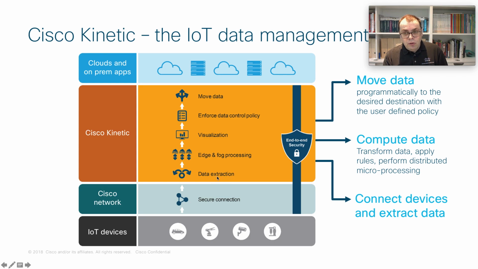So the first thing we're going to do is the data extraction. The data extraction is actually the way to talk to the sensors over here, to talk their protocol. As an example, if that piece of equipment is using Modbus, I need to talk Modbus from this point to extract the data. So the data extraction could be done with links in Kinetic. And a link is actually a piece of a module. This is a piece of software. By default, we are shipping Kinetic with over 50 different links, so various protocols. And if the protocol you need to use is not listed in those 50,